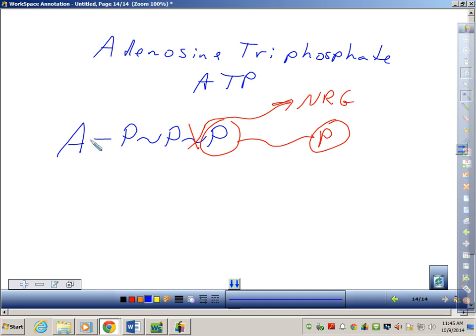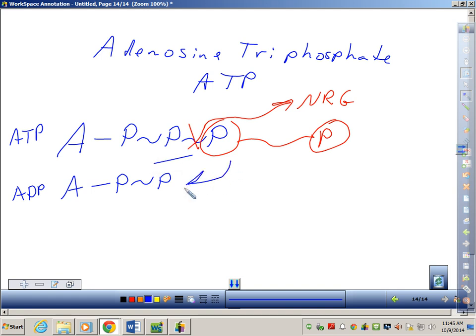If I break that bond, I release energy, and this phosphate group is free now. Now I no longer have ATP, because this is ATP. I now have ADP. Stands for adenosine diphosphate. I can actually break another one off, but that rarely happens, so I'm not even going to talk about it. If I did break it off, though, it would become AMP, adenosine monophosphate. So if I asked you who has more potential energy, ATP or ADP, what would you tell me? ATP. This is spent energy down here, okay?